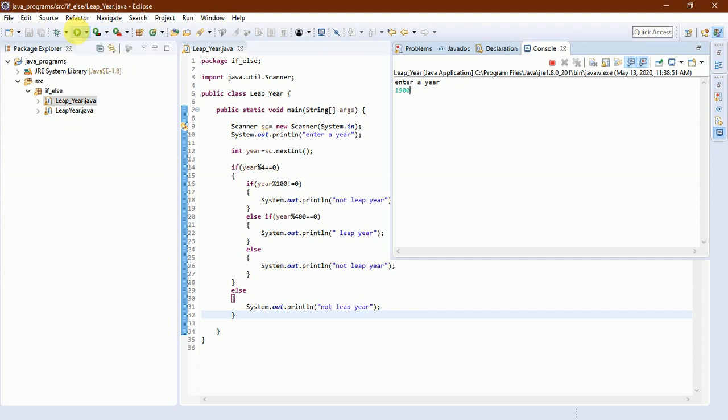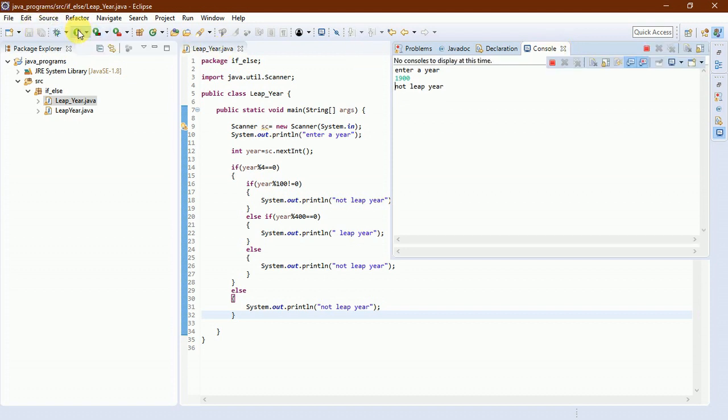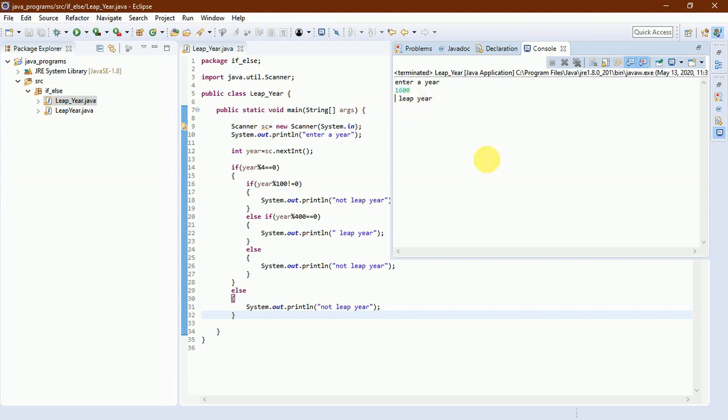Running the program, it is not a leap year. Again we are running the program, taking another input, that is 1600, that is leap year.